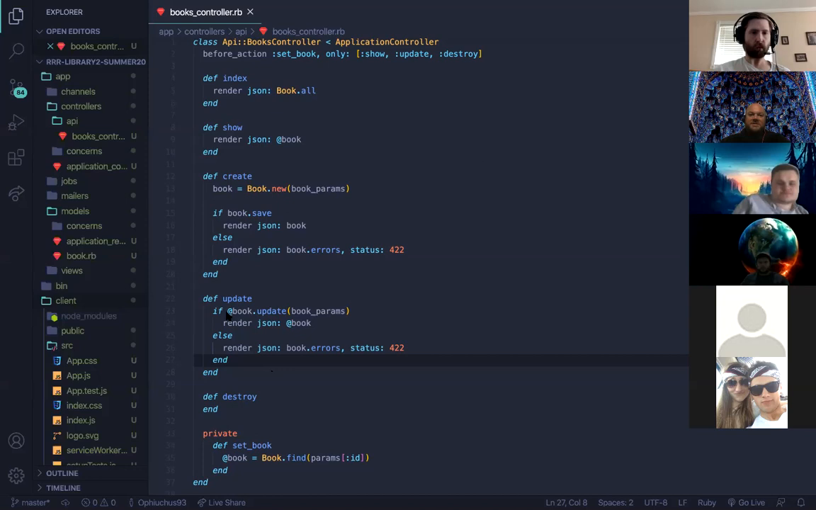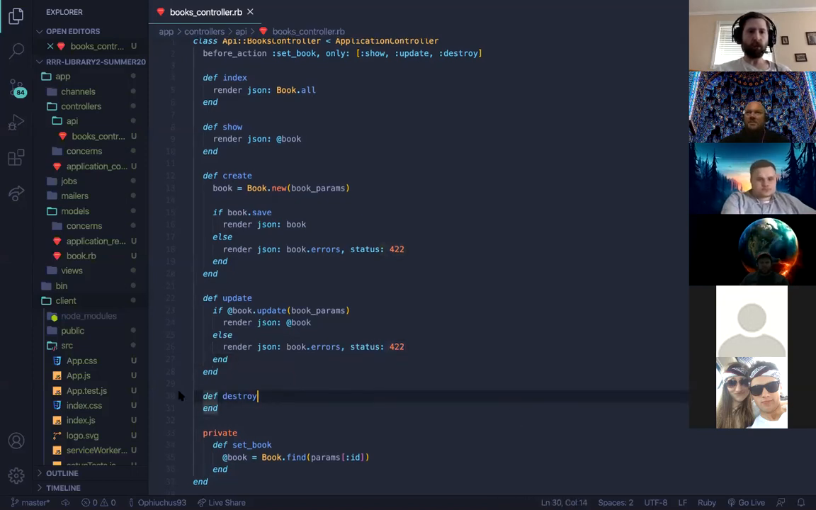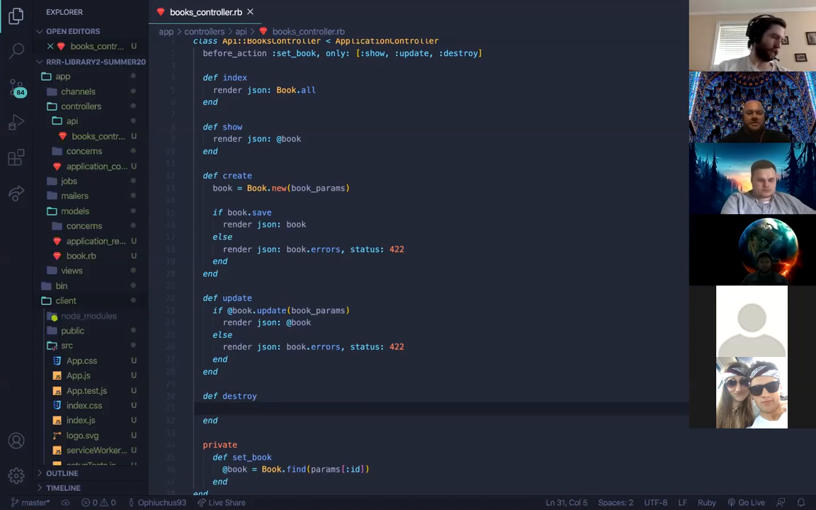Okay, so this is all we need in our update method. We're saying if it updates, then show the book. If it doesn't, show an error. Pretty simple, right? We've all seen this before. It's not really much different from what we were doing before. Okay, so in our destroy, again, we have access to our @book through our before action. So we're just going to say @book.destroy. Don't need anything else because